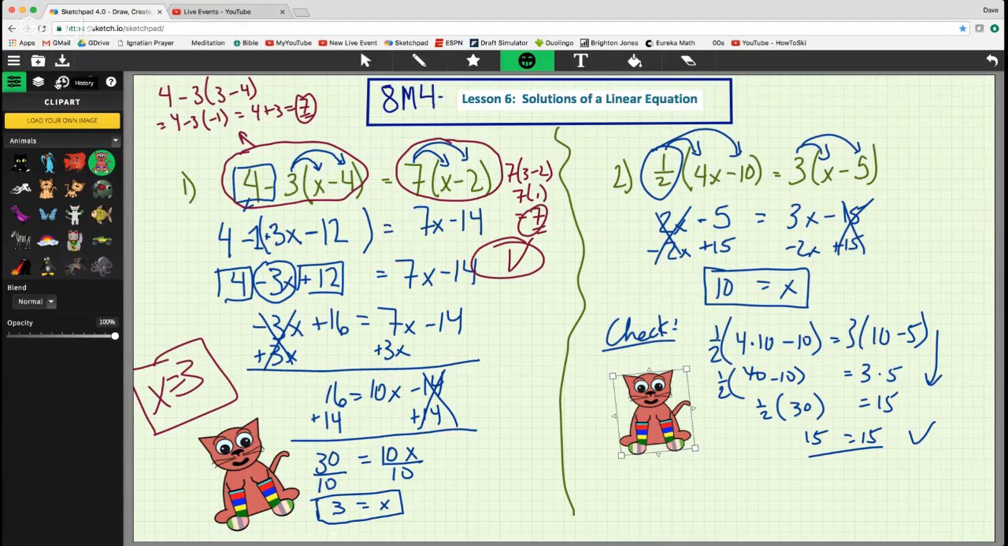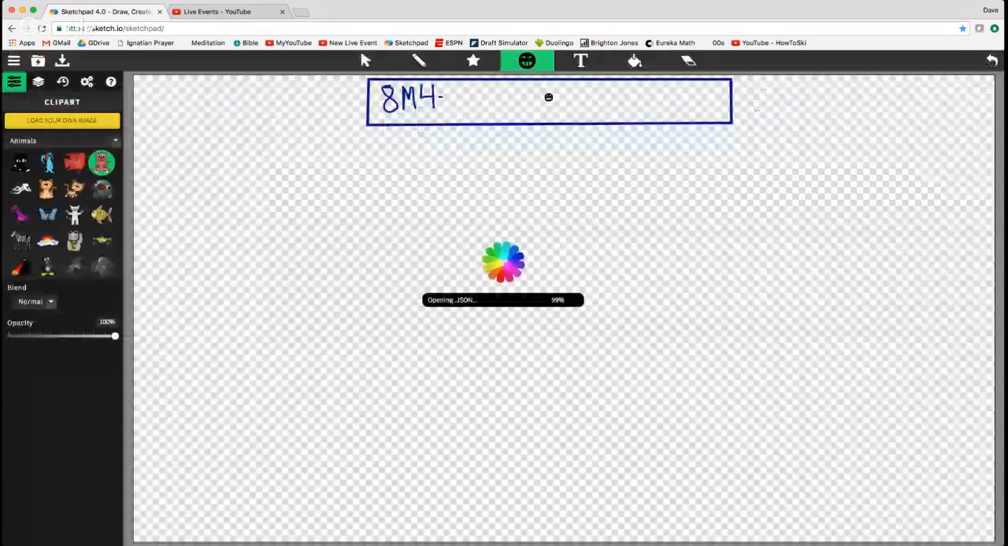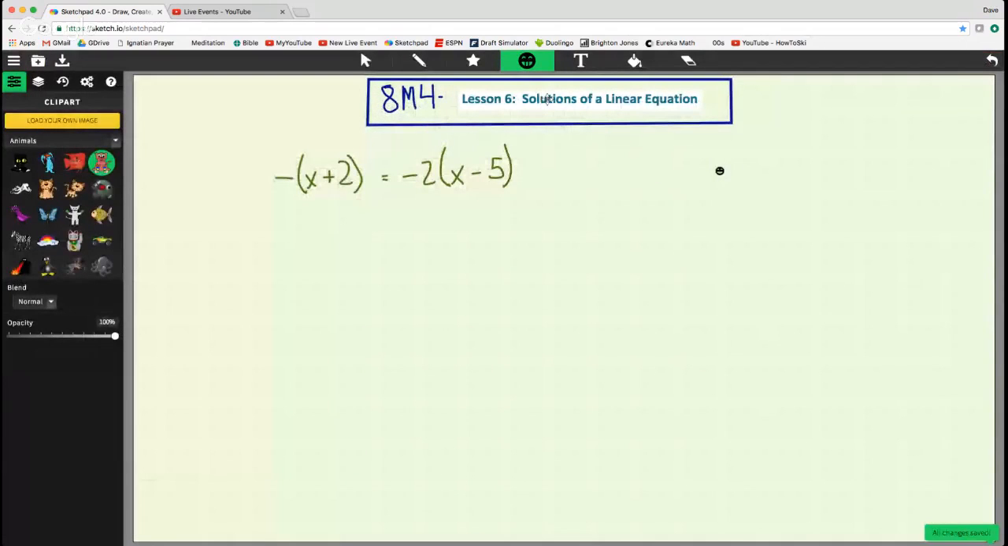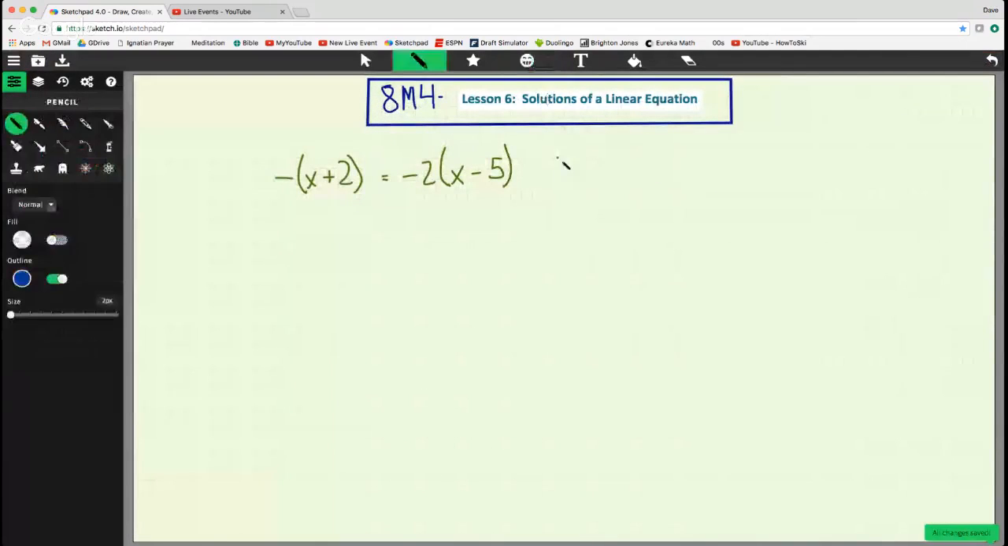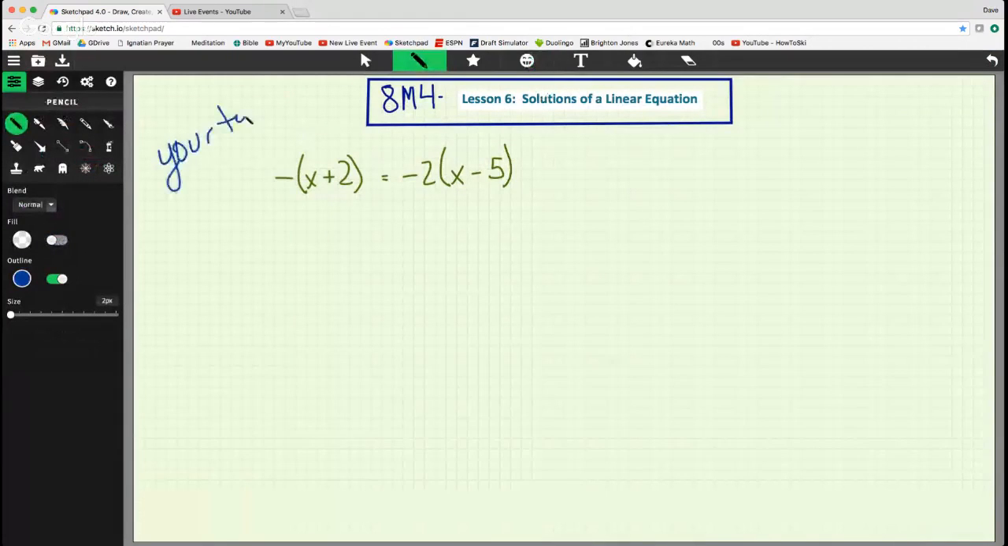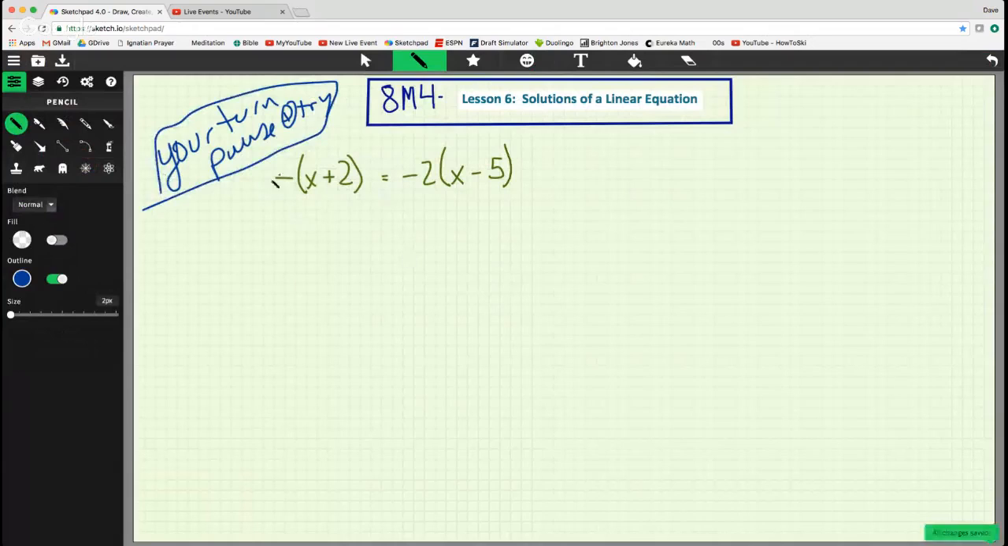All right, let's move forward. Solutions of a linear equation. So I'm going to let you solve this one. It's your turn. Try. Remember what we do with negatives. Okay, I assume you've paused to have the right answer, but let's